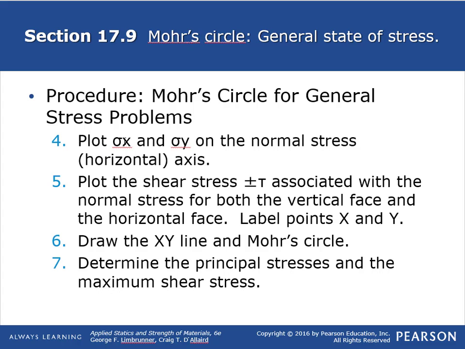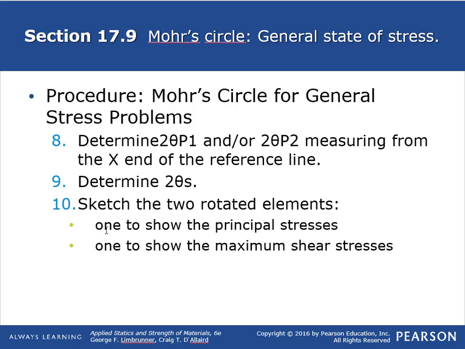Step 4, plot the normal stresses sigma x and sigma y on the normal stress axis. Plot the shear stresses, plus or minus tau, associated with the normal stress for the vertical face and the horizontal face. Label those points x and y, and we're going to go through this in an example in your